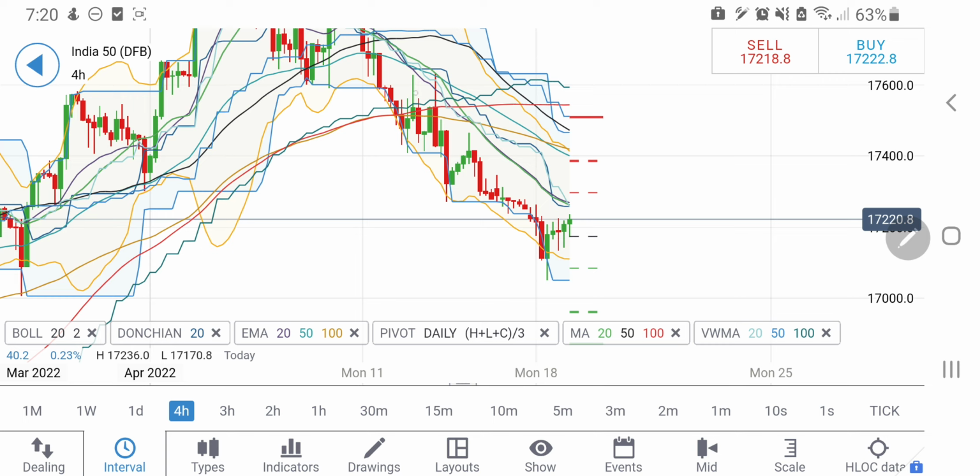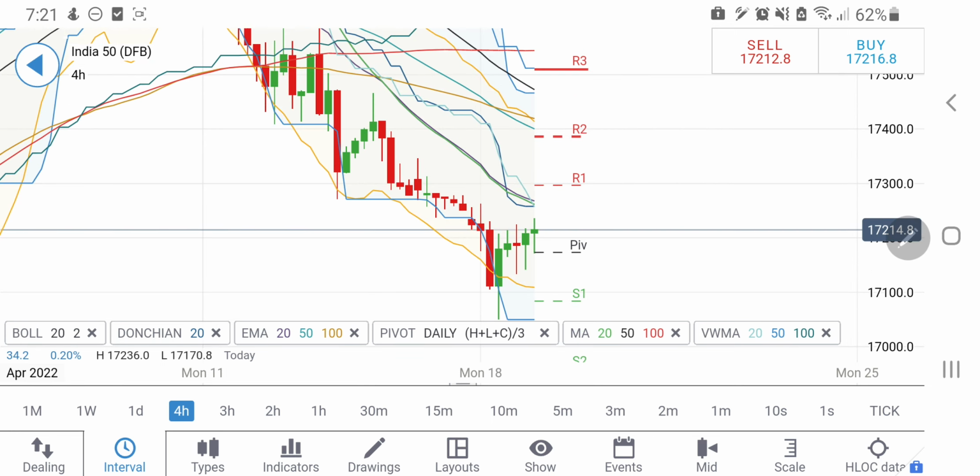See, this is the 4-hour chart for Nifty, and if you look at the 4-hour chart, if you connect the dots, it is trying to come back towards this zone at 17,250 levels, first target, and then 17,300. Only breaking 17,300, something like this, one can expect that it is the reversal here. So I'll recommend a long entry on Nifty once it breaks this zone at 17,250 to 17,300. In between these levels, I'll be watchful and cautious. Any move beyond this, we can expect a good rise.